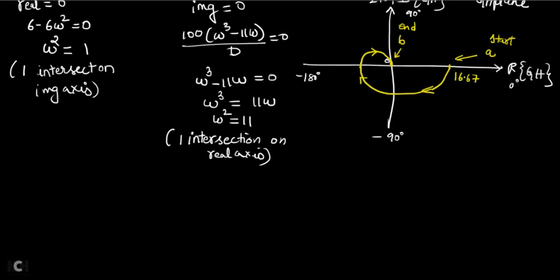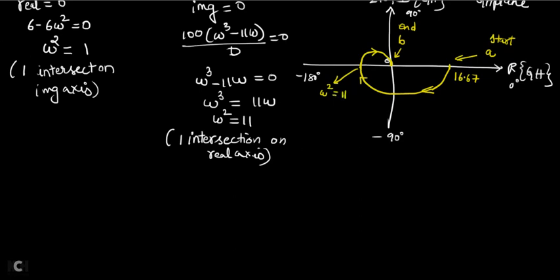Okay. Now what is the omega value at this intersection point? It is a real axis intersection. At the real axis, what is the omega value you got? At the real axis intersection, the omega value is 11. That you write down. Simply I will write that. So at this intersection point, omega square value is 11.